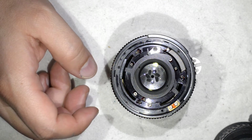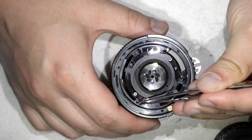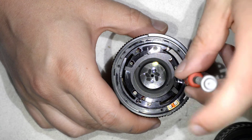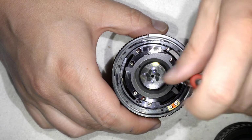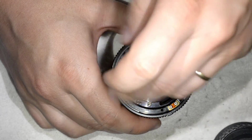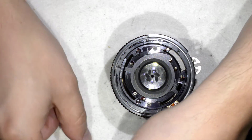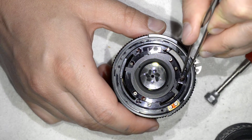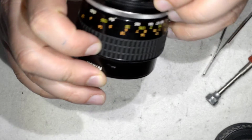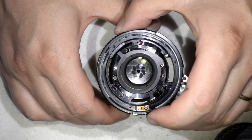So I was telling you, you get the screws loose, and then once you remove them, let me pick the screw here, then we take the other screws here. Okay, so we have taken the 3 screws. Let's remove them. So 2 and 3. I make sure I'm still at infinity, which is the 10, and now I can remove